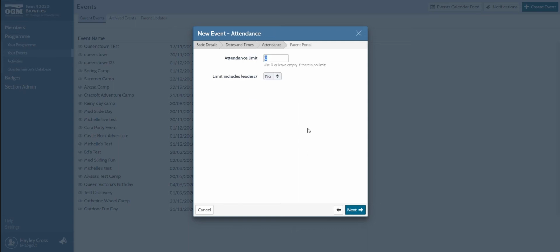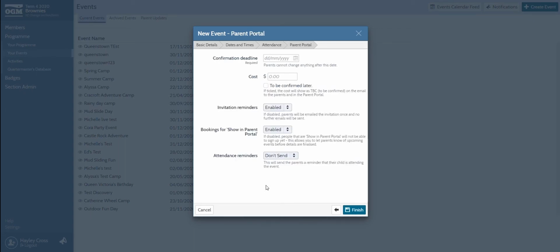Alright, so this is a really useful screen if you have transport or event limits. If you can only fit 12 people in a car, you can set that to 12 and say it has to include leaders. If you can fit 11 girls in the car, you can put that to 11. And what that means is that as soon as you get, in this case, the 12th girl register, she'll automatically go on a reserve list, and then you can manage them from there. But for our Outdoor Adventure Day, we have an unlimited number of girls who can come, so we'll put 0 in there.